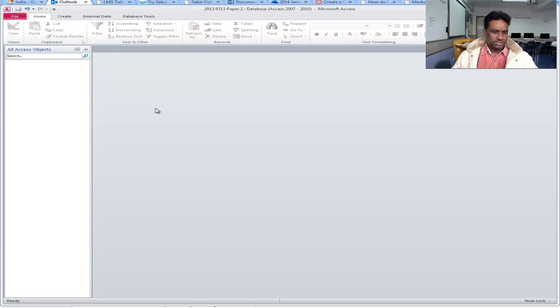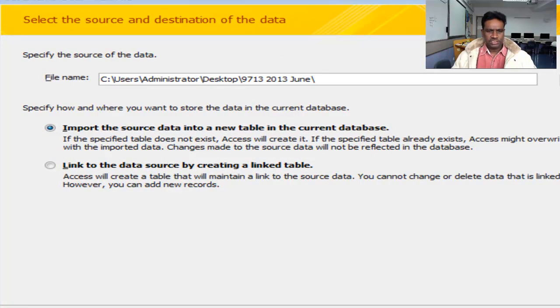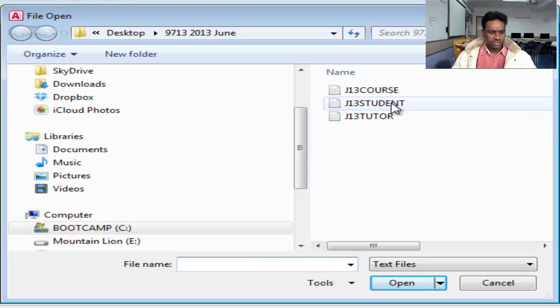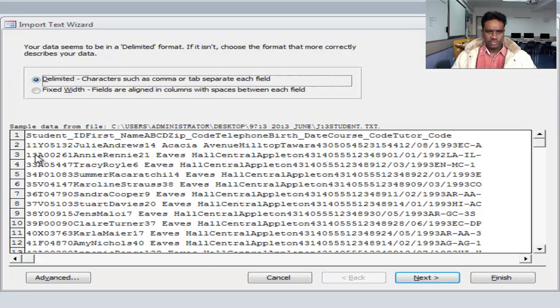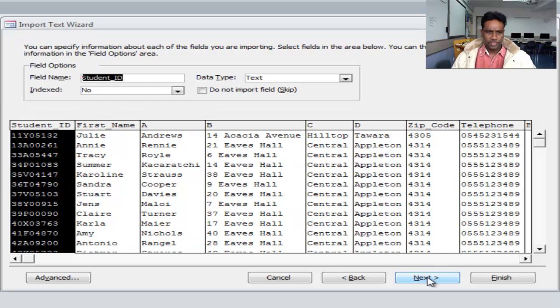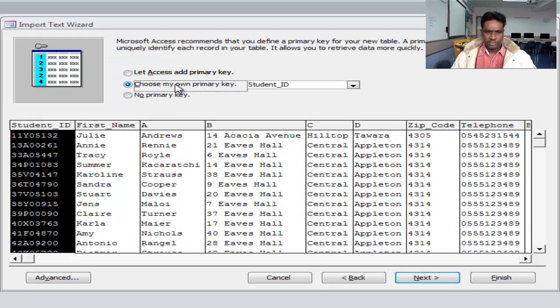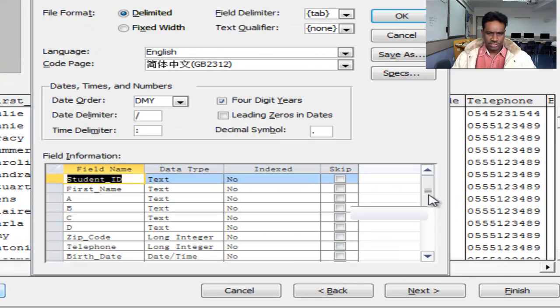Okay, the first step is we need to import the text files into the database for manipulation. All our supporting files are in text format, so External Data, Text. Select the file student, open, and check here. Next, first row contains field names. Next, select here, choose the primary key, then go to Advanced, and here we need to change the